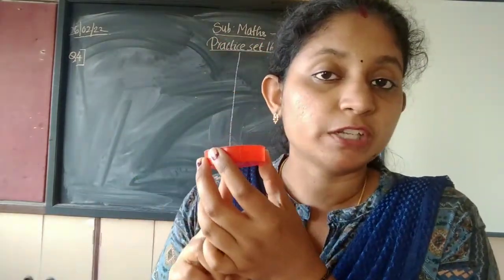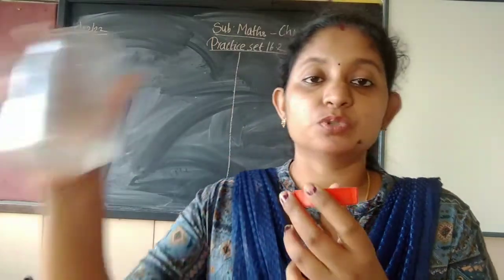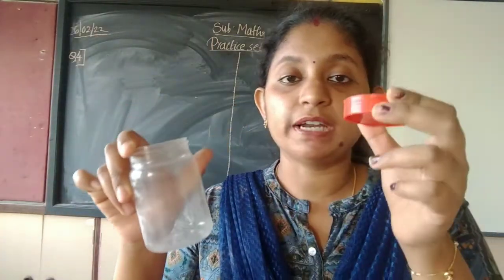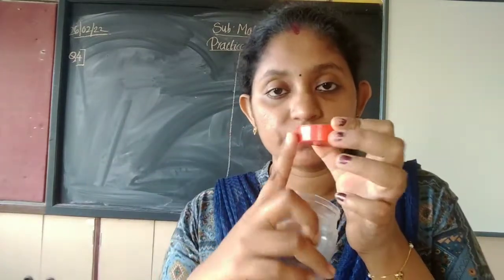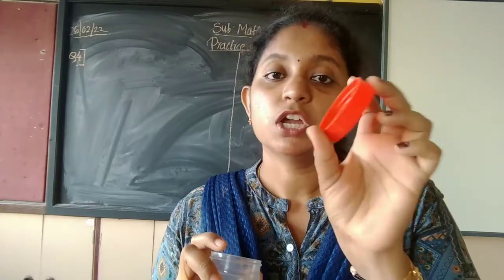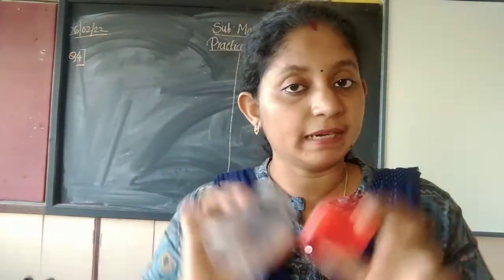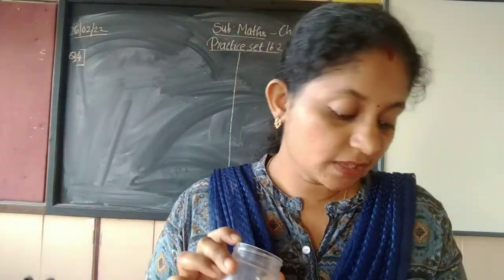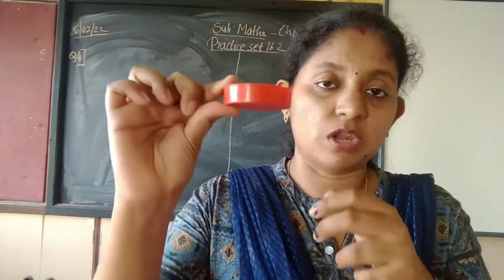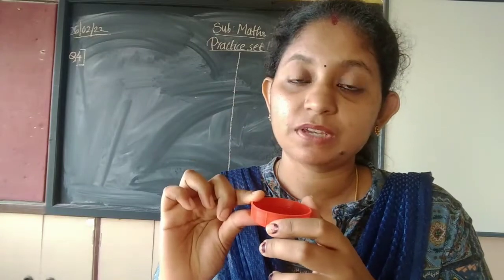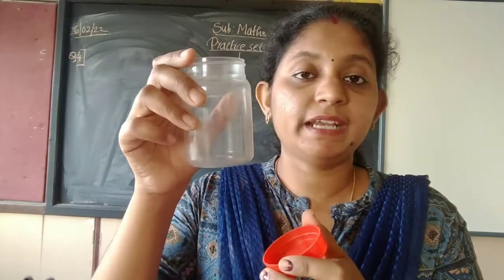So what formula are we going to apply? Same as we have used for this container. For the lid, the formula is the same: curved surface area plus area of circle. We will get how much sheet is required to make this lid and how much sheet is required to make this container separately. Clear? Now what is given for this lid? Height is given, 2 centimeter. Very small, isn't it? Whether radius is given? No. What will be the radius? For this container, what is the radius? The same will be the radius for the lid.